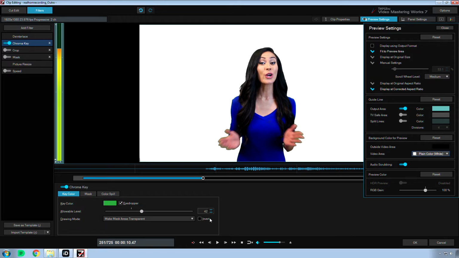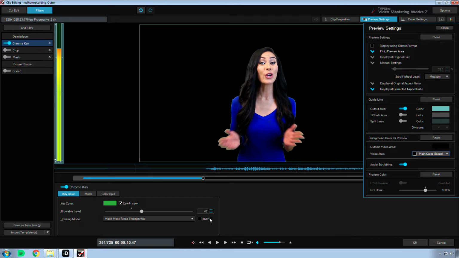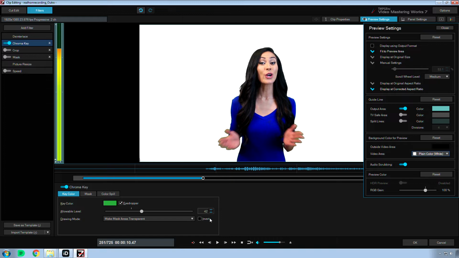You can also do white or black. So, the bottom line is the chroma key for a program that isn't really supposed to be a chroma keyer. Again, I bought it for media conversion. Here you go. Speaking of media conversion,